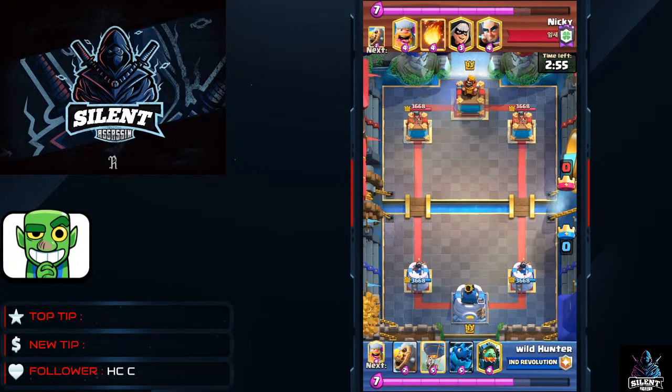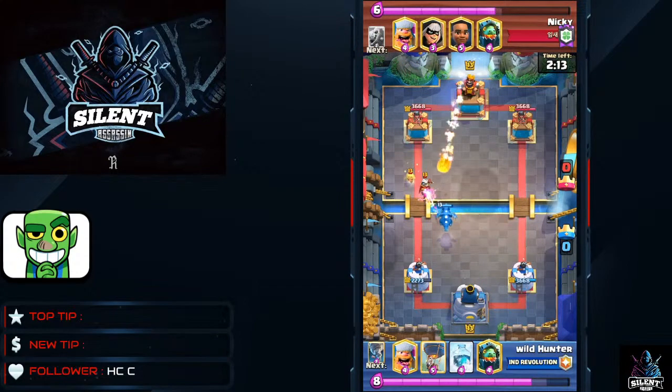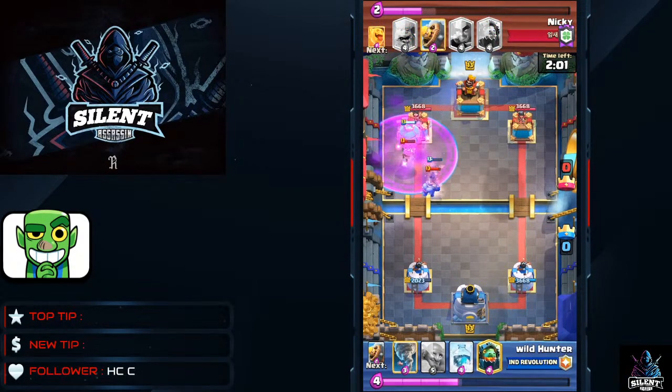So for the next match, we are up against Nikki, and he was running breeze spam. And to be honest, I personally hate this deck, mainly because of Bandit. Because Bandit is super annoying when you don't have the right answer for it. Anyway, so okay, he misses his fireball, and I got super crazy value here,